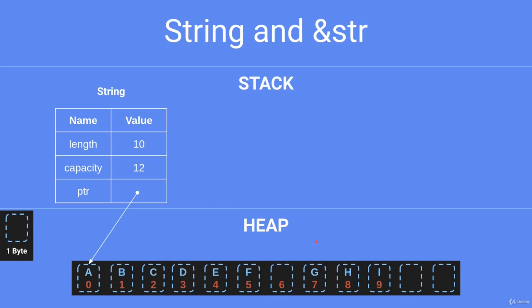Strings in Rust can dynamically grow or shrink. For example, now if we were to push a character to the end of the string, it would use the existing free capacity that we already have. If we push too many characters and they cannot fit in the free capacity, a new buffer that is bigger will be allocated somewhere else on the heap, and the entire string will be moved there,